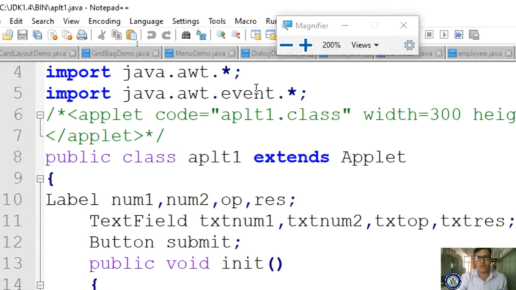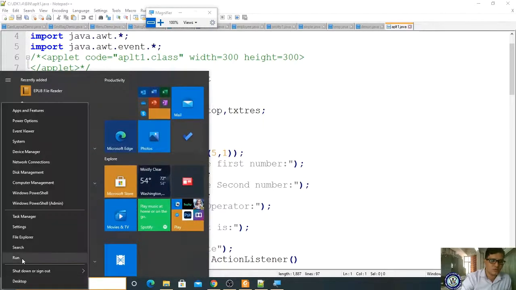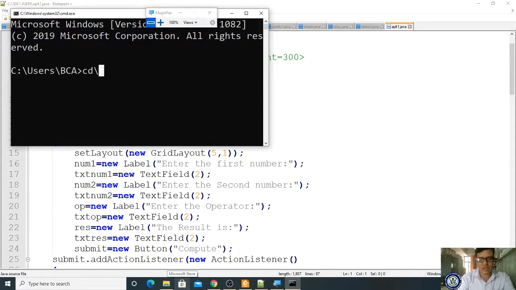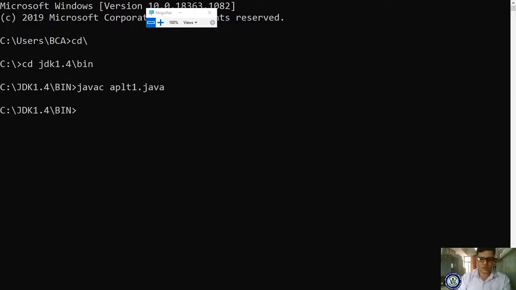Save it, take your command prompt, go to the command prompt and cd slash, then log into your directory JDK 1.4 bin. Now compile it: javac applet1.java. There is no error. Now I am running my program, java applet1.